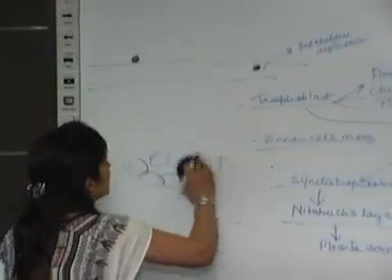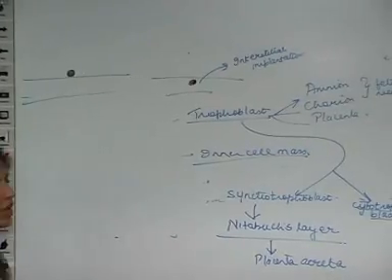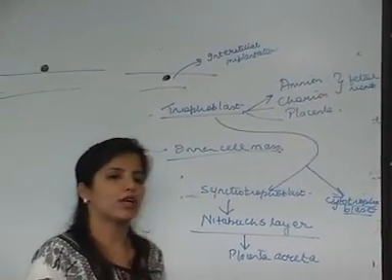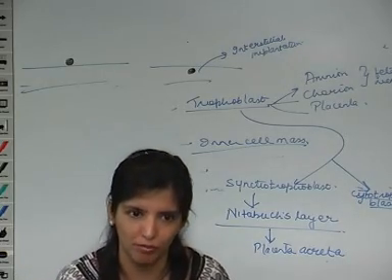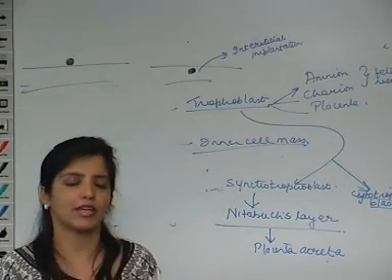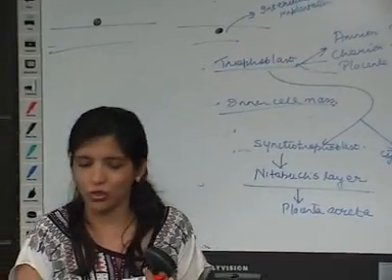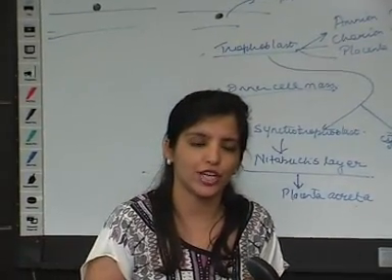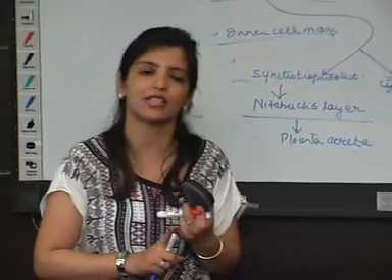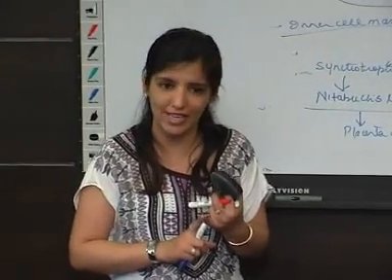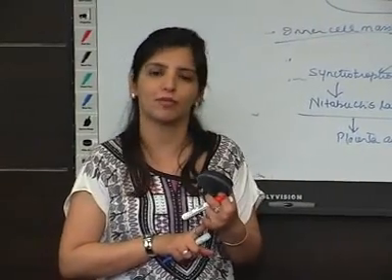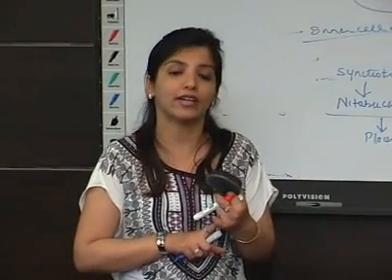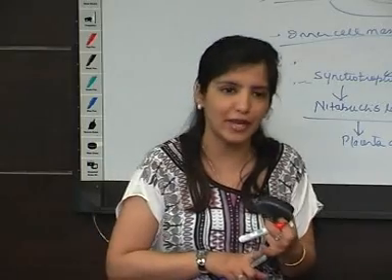Now, with this, our basics of reproduction is almost done. What I want to tell you here is some important timings which you have to remember. Number one, I told you at which age we can differentiate ovary and testes. Ovaries and testes are first distinguishable by 8 weeks. Number two, external genitalia are first formed by 12 weeks, and you can tell the sex of the baby by inspecting external